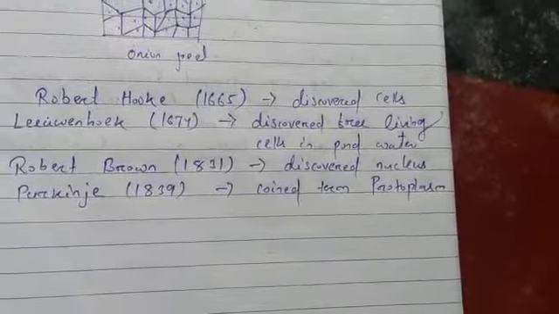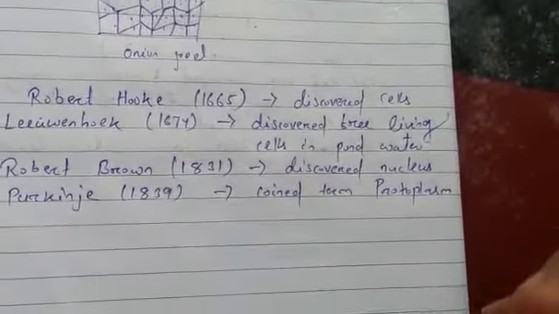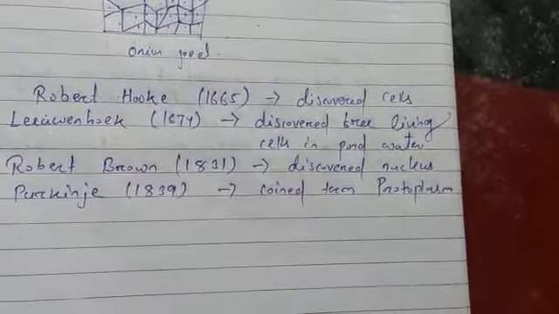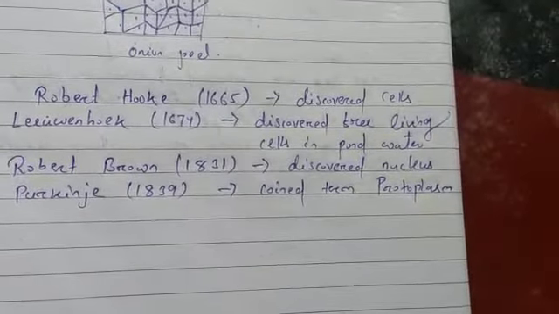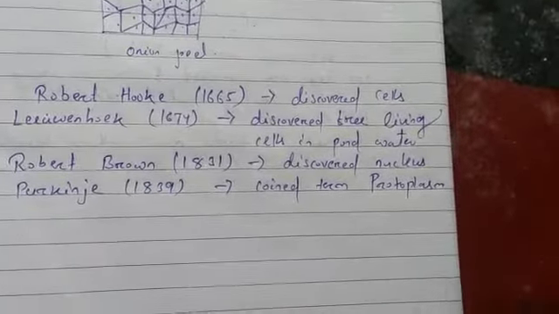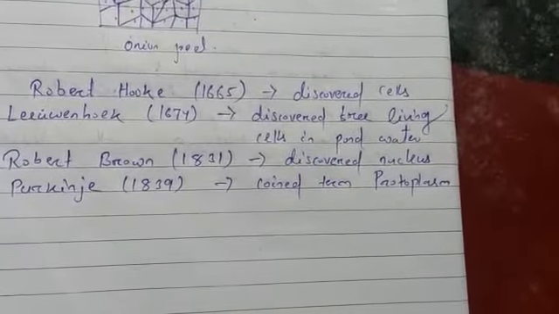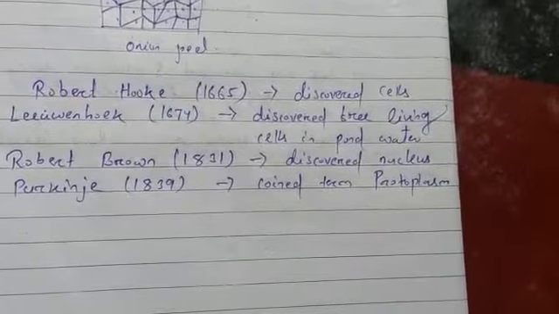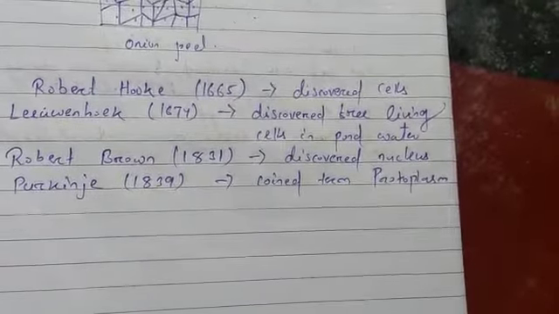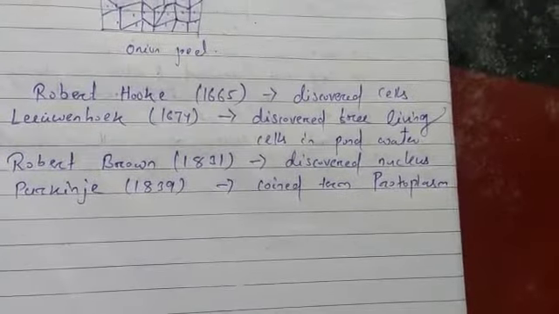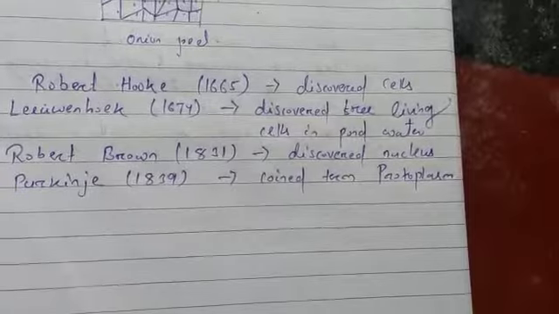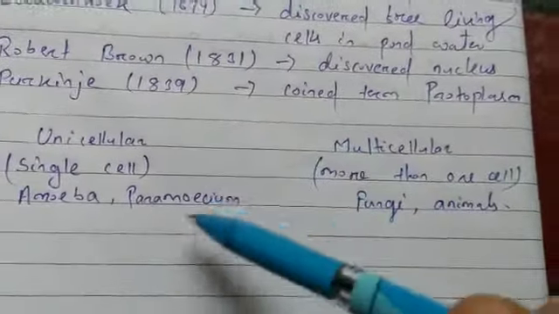Now we all know that there are organisms which live with one cell and also with more than one cell. Those living with one cell, or a single cell, are called unicellular, and some live with more than one cell, that is multicellular. For example, amoeba, chlamydomonas, paramecium and bacteria are called unicellular organisms. Unicellular organism means single-celled. So unicellular means single cell.